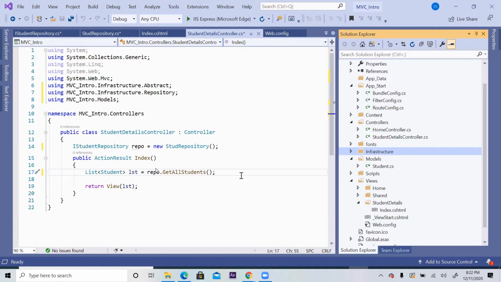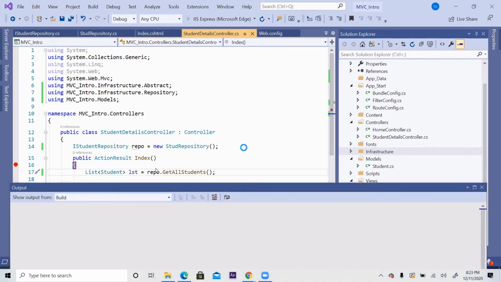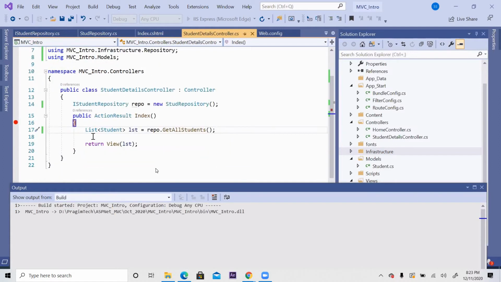So how to now run it and see. Let's put a breakpoint here in the controller. Nothing different we did in the controller between controller and view. So just run it and see where it is starting and where it is going. Why did I put a breakpoint here in the index of student detail?